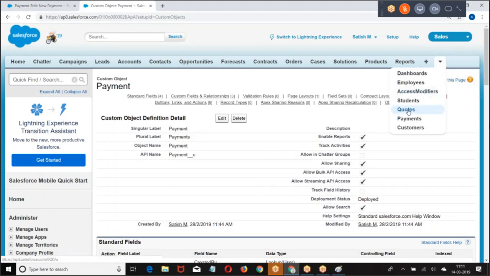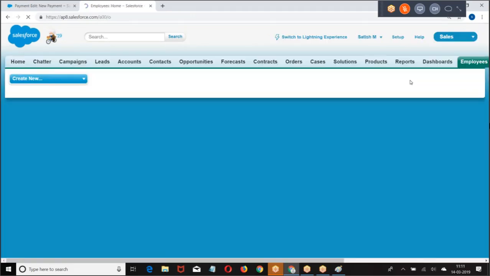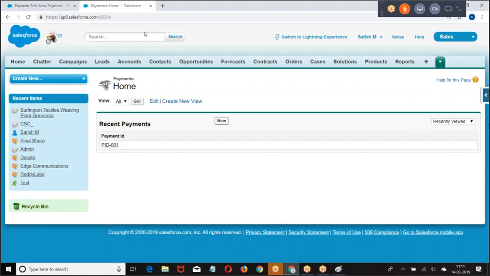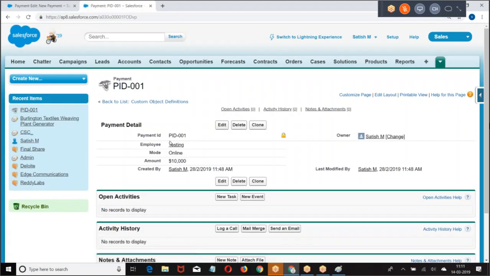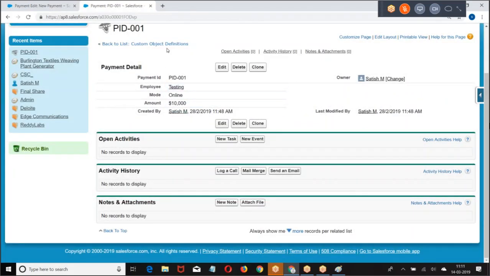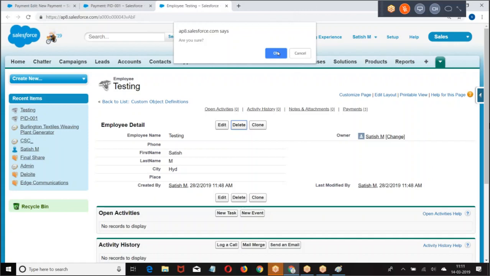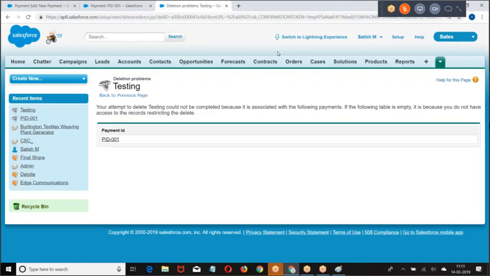So if two objects are connected by a master-detail or a lookup relation, when I am trying to delete a parent record called testing, it says you cannot delete because it has a child.